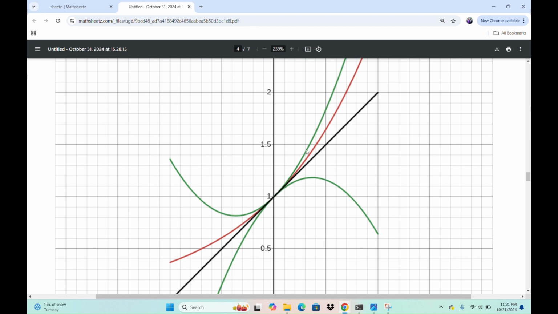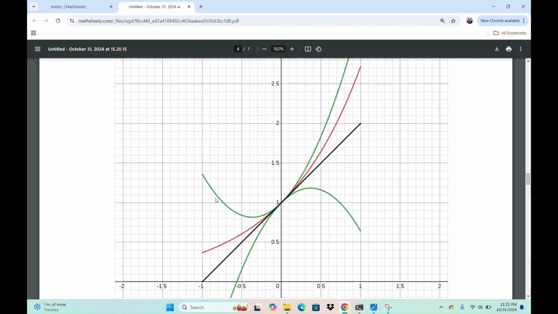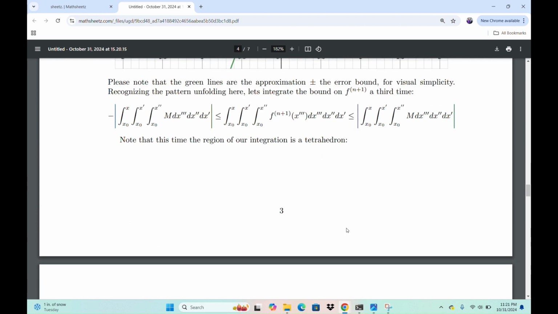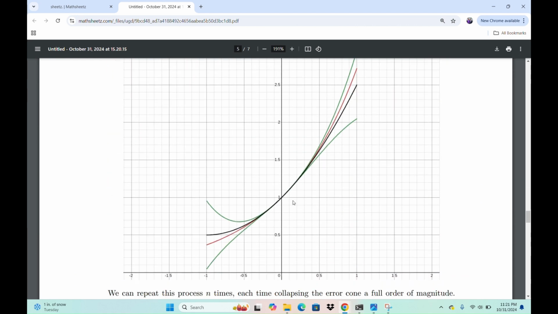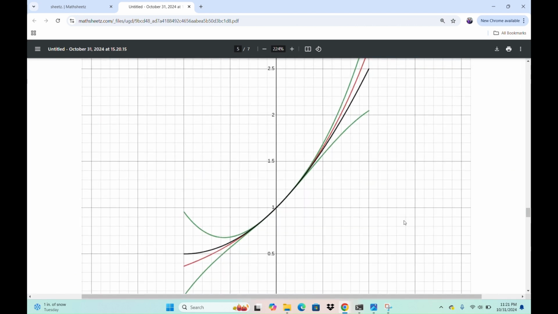So we have this first order approximation. We're going to integrate everything, take the cumulative area function of everything in this diagram. I briefly explained that when I take the cumulative area of this green quadratic error cone, I'm going to get a cubic error cone. And it'll look something like this. Oh, that looks nice. So you can see now the error cone is really collapsing down on the function. So it's basically telling me my approximation is really, really good in this region, right?